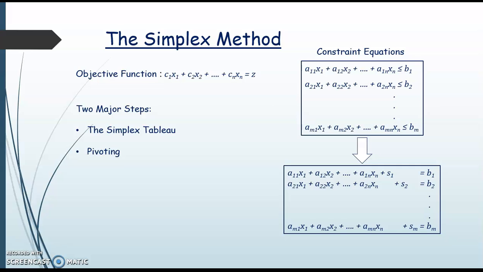The next step is pivoting. Pivoting is using elementary row operations to make the pivot attain the value of 1 and the rest of the entries 0. The process is repeated until all the entries for the objective function coefficients are either 0 or positive. There is a specific process for choosing a pivot before performing the elementary row operations that needs to be followed, which is not described here.